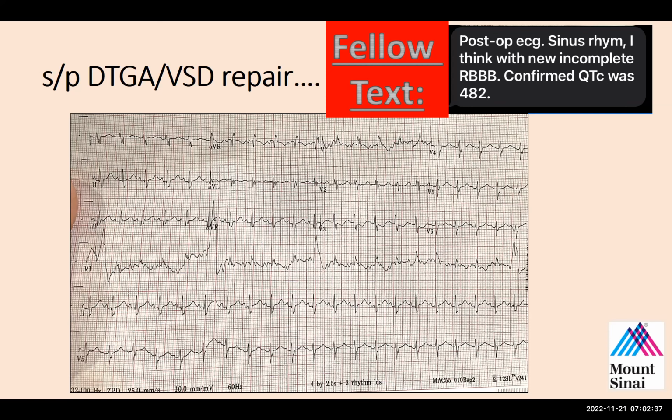And you're basing that on the fact that there's a P wave before every QRS. The P wave is upright in leads 1 and 2, that's a normal axis. I agree with all of those statements. And then in terms of looking at the bundle branch,